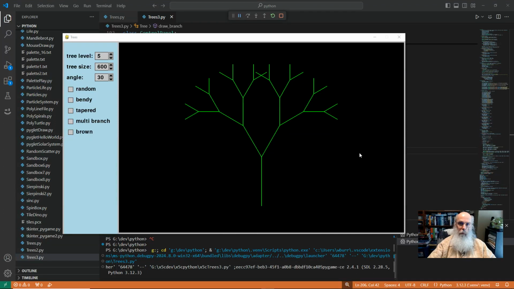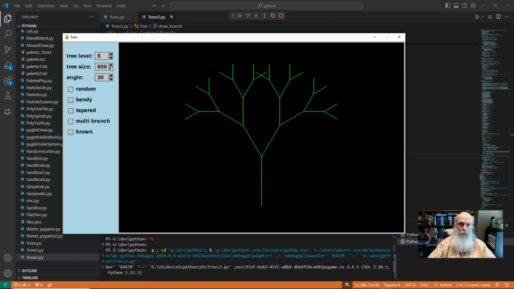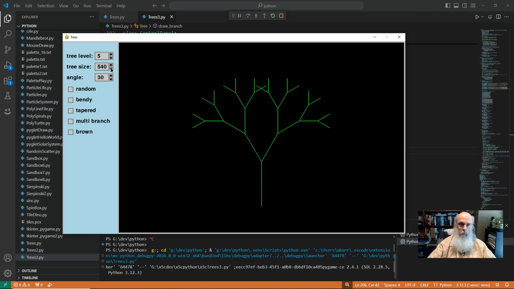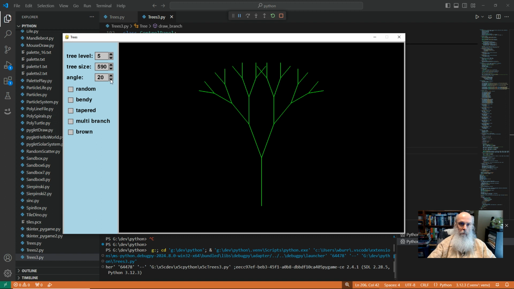In this video I'll talk about how to generate a fractal tree. So I can set the level and the length, the angle,